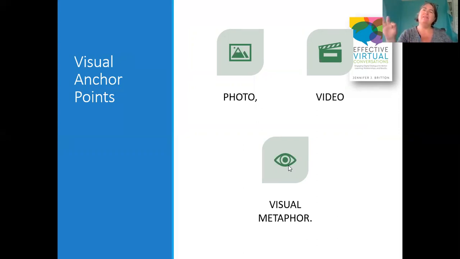One that I haven't put in here a lot is video. Video is great in person. Video in a virtual space might lag, but there might be videos that you get people to review before they come on the call. Our brains process visual information much more rapidly than textual information. So if we are sending something, even with this slide, I could have had the content from the article, but I opted to take that content and put these 3 sound bites: photo, video, visual metaphor.